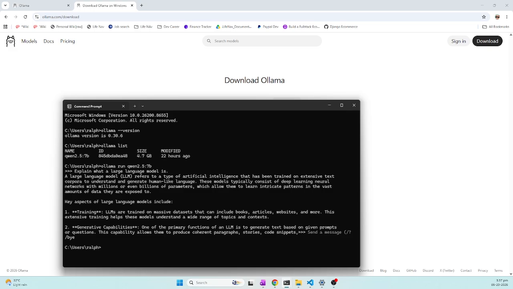That's it. You have successfully installed Ollama and Qwen 2.5 7B on Windows and can now run an AI model locally